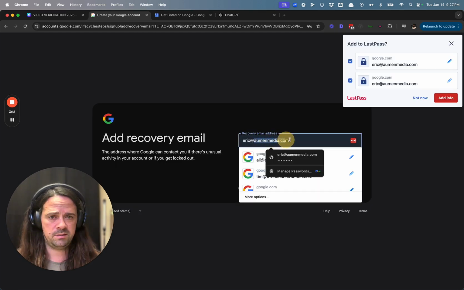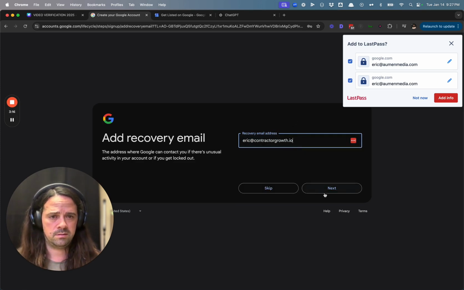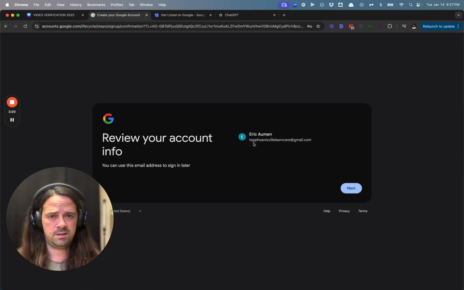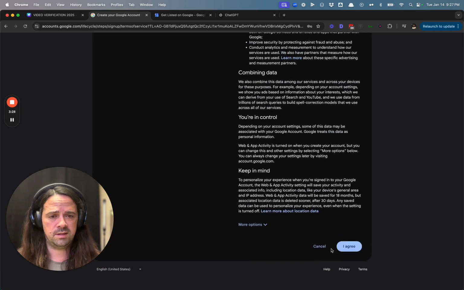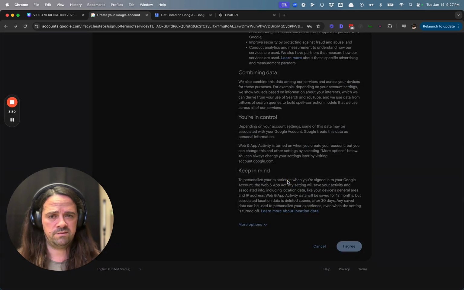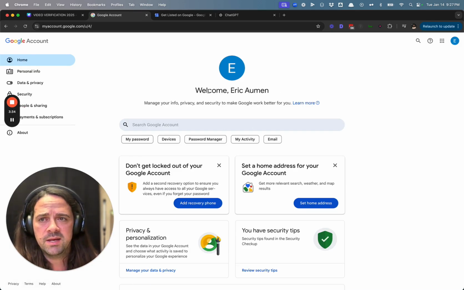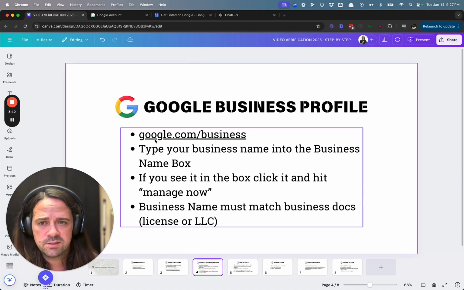recovery email. Okay, we got our email. I'm going to actually copy that so I have that. And we're going to hit next. And yada, yada, yada. I agree, confirm. All right, so we have our email set up now. So let's go back and see what is next on our list. So now we're going to go to